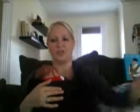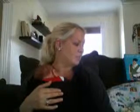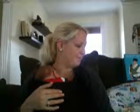So I do like that we have the touch lamp and that you can just tap it and it gets brighter, and then you tap it again and it turns off. Plus you're not trying to reach for a switch or whatever. You can just tap it. So I'd recommend that. Also for sleeping,